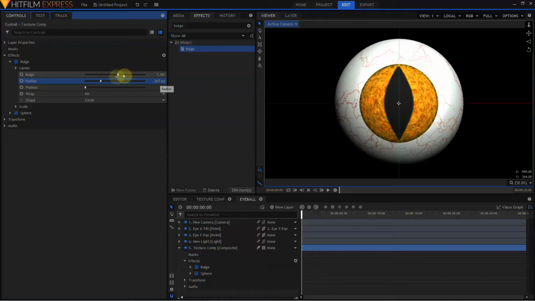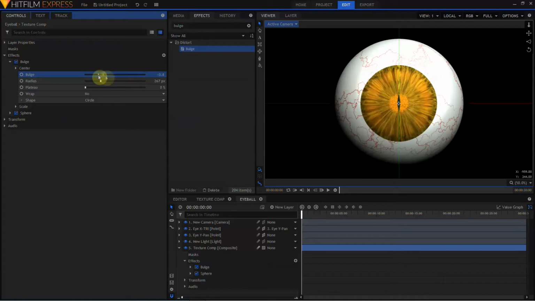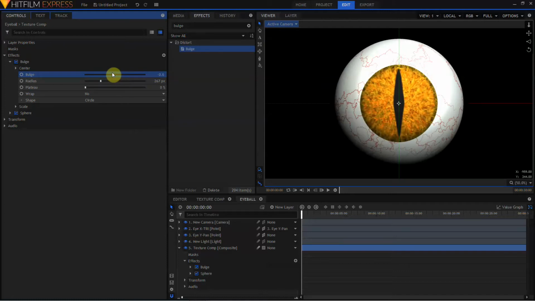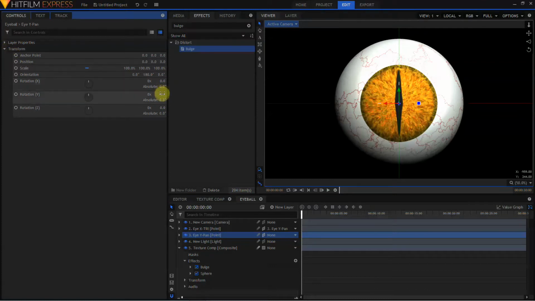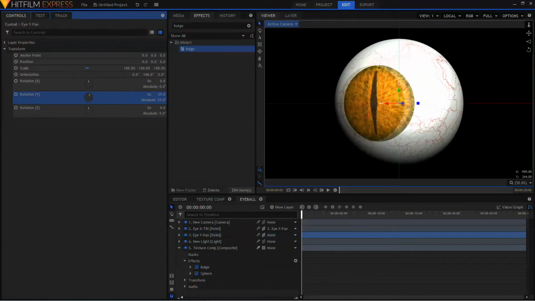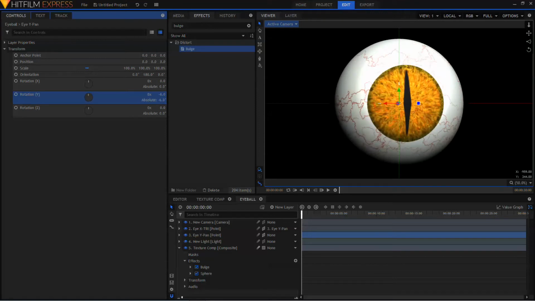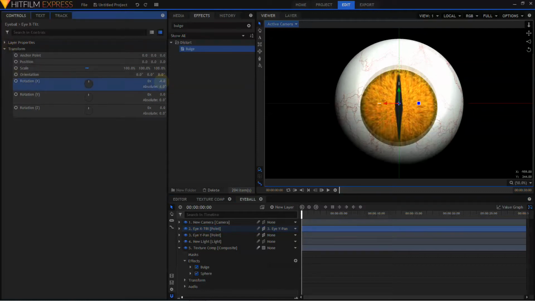And with the bulge effect in place, by adjusting the value of the bulge parameter itself, we can get our pupil and iris to dilate. We can go from pretty wide open to a pretty narrow cat-like slit. And of course, with our yoke rig setup, we can get the eye to look left and right by adjusting the rotation value on the y-axis of the Y-pan point, and we can get the eye to look up and down by adjusting the X-rotation